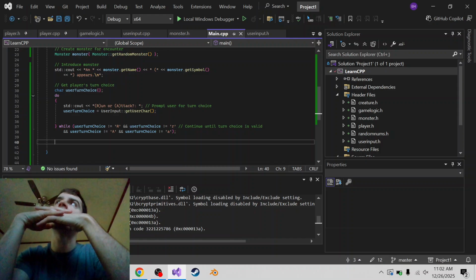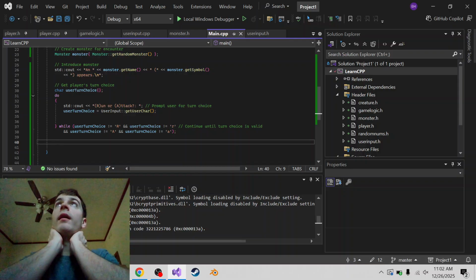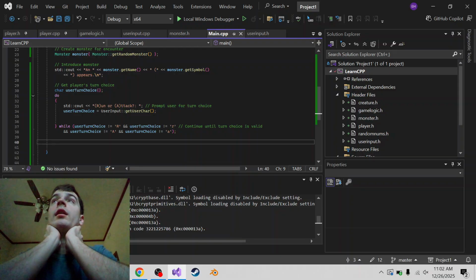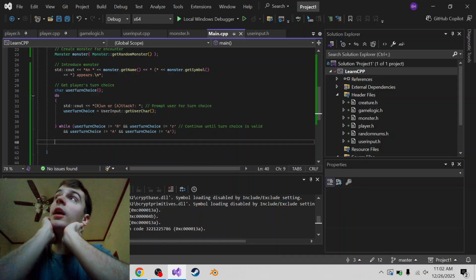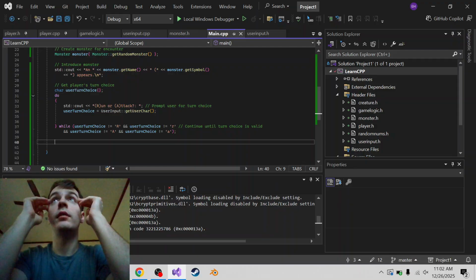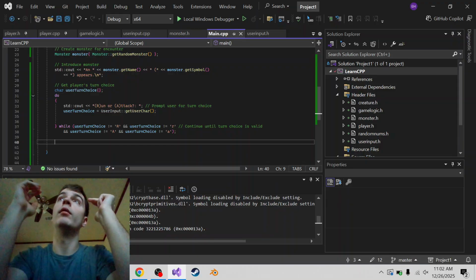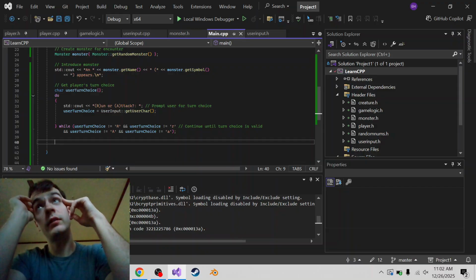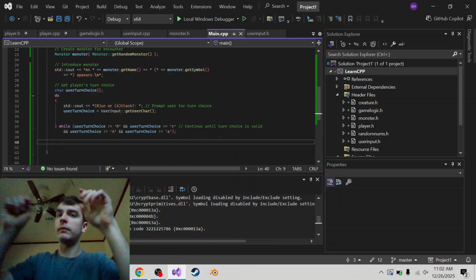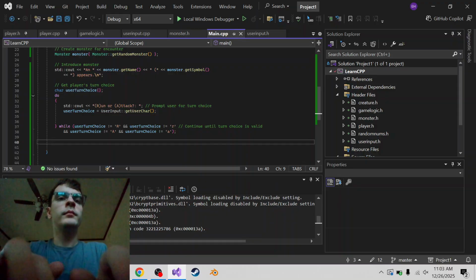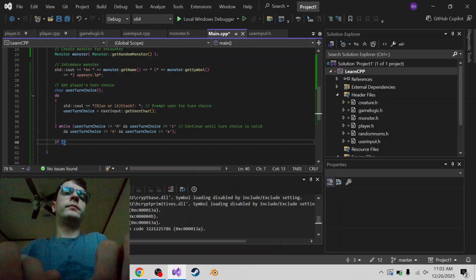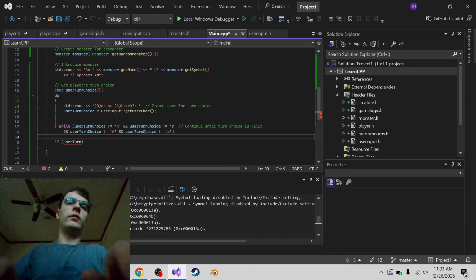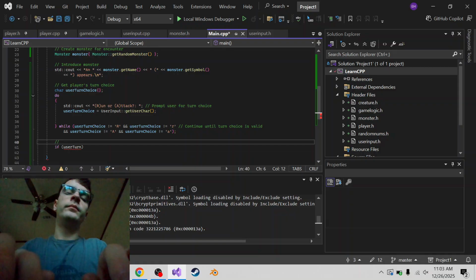Or no, we just do the checks at the end. Yeah, like we attack. Because we're alive, so we attack. And then we say, hey, if the monster's alive, then it attacks. And then we check, are we still alive? If we're dead now, we just got killed, game over. But if we're alive, is the monster dead? Continue. Okay, so we'll say if user turn, so we get the choice, and then